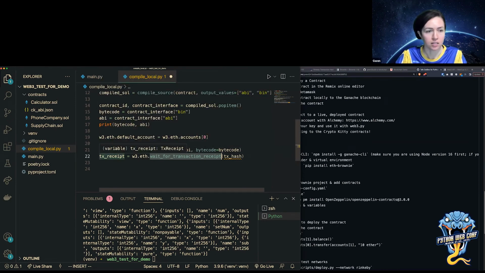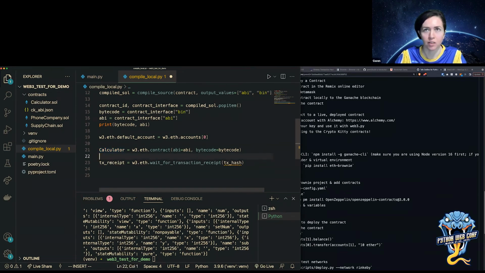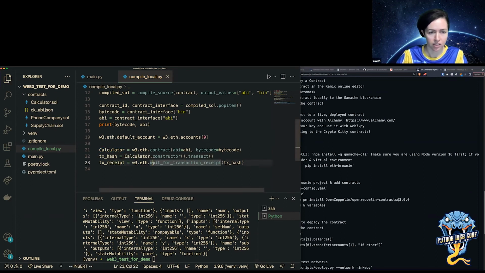And then let's see, calculator. Oh, I think I missed something here. I forgot the actual transaction. So I've created the contract here as calculator, and then I'm ready to deploy it, but I haven't deployed it yet. I need to actually create the transaction. Yeah, so that should create the transaction, and then I can wait for the receipt, and then I can just send out the receipt.